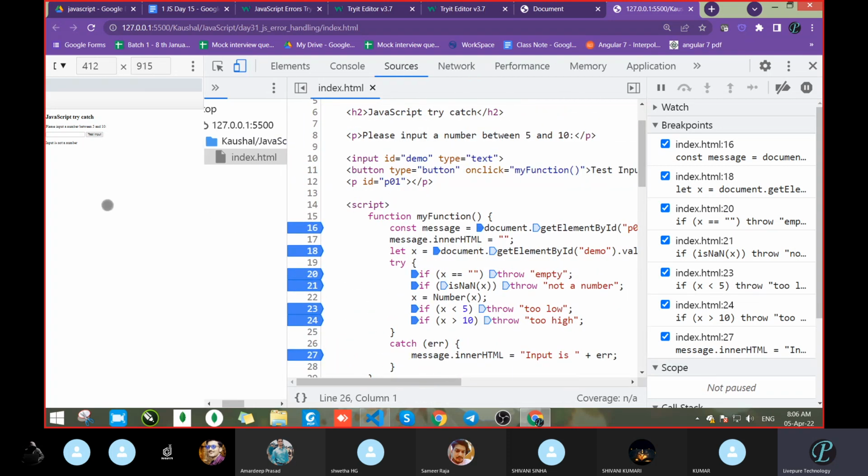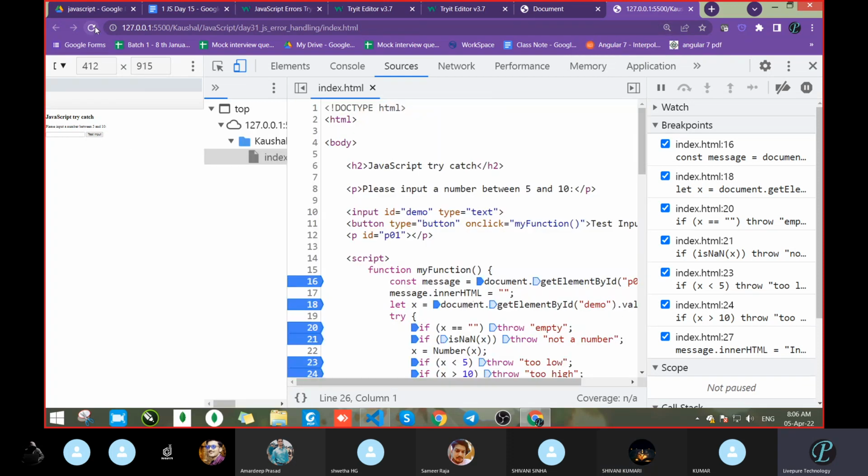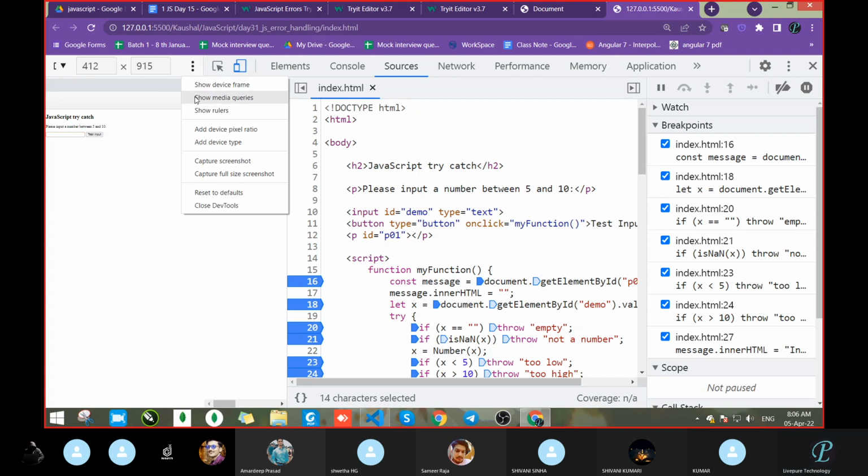How to start a debugging process? Load the page. Yeah, so load the page. Let's load the page. We got that, which means the debugging process started. But why did it not start? Because inside the function this is written. So when the function gets executed, once we start it.